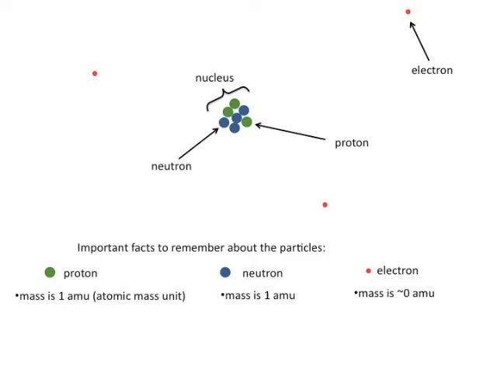This can be a little misleading because you might take this to mean that an electron has absolutely no weight. In reality, an electron just has a very, very small amount of weight compared to either a proton or a neutron. Specifically, the mass of a proton or a neutron is about 2,000 times greater than the mass of an electron. In saying why we consider an electron to have a mass of 0 AMU, I like to use the